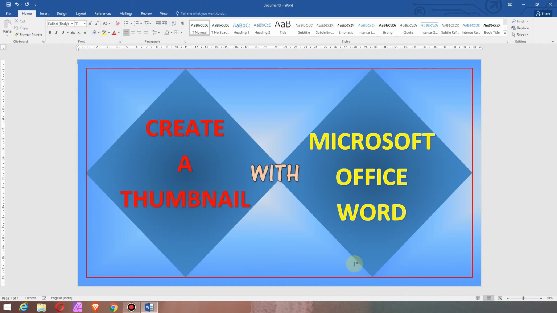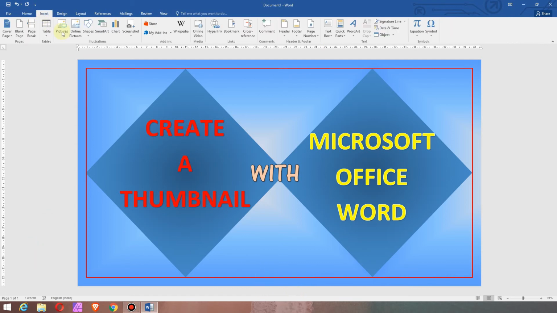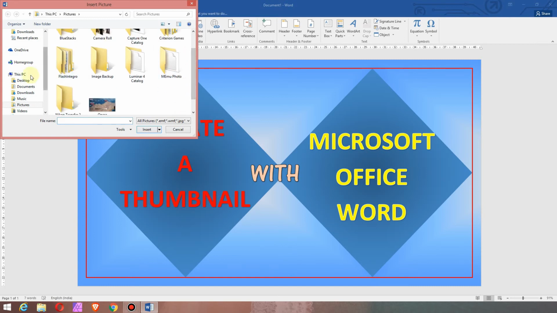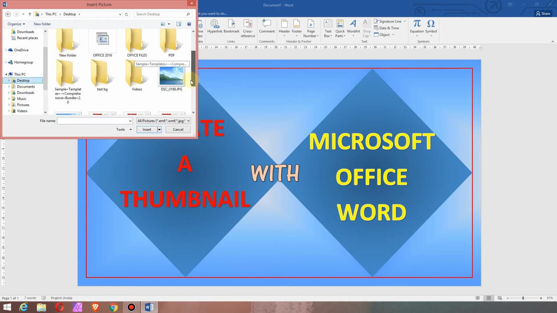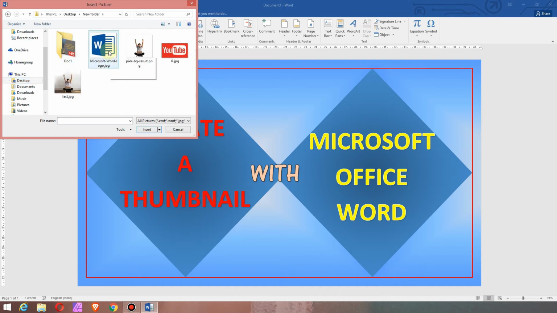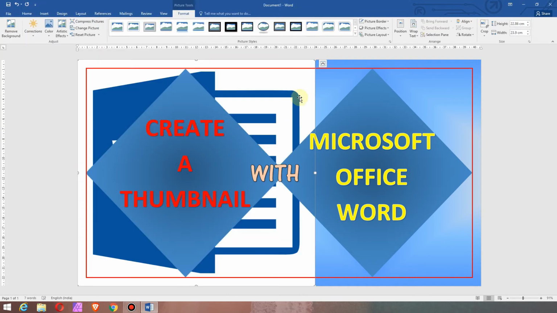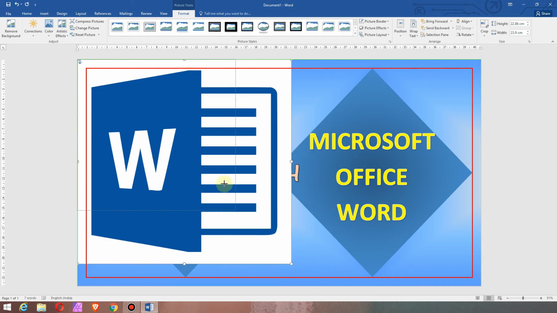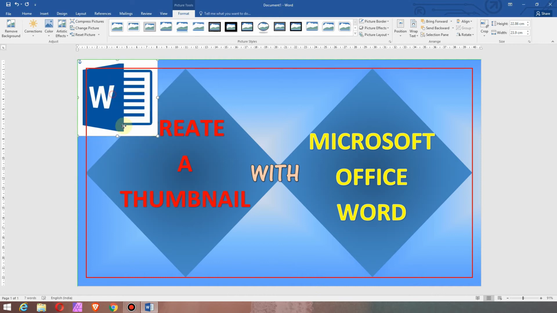Now it is the time to insert pictures to our project. Go to the Insert tab, then click on the picture to select the picture and insert it. Click on the picture, go to Warp Text under Format tab and choose Through. Now resize the picture by dragging from corners and place it at the appropriate place.